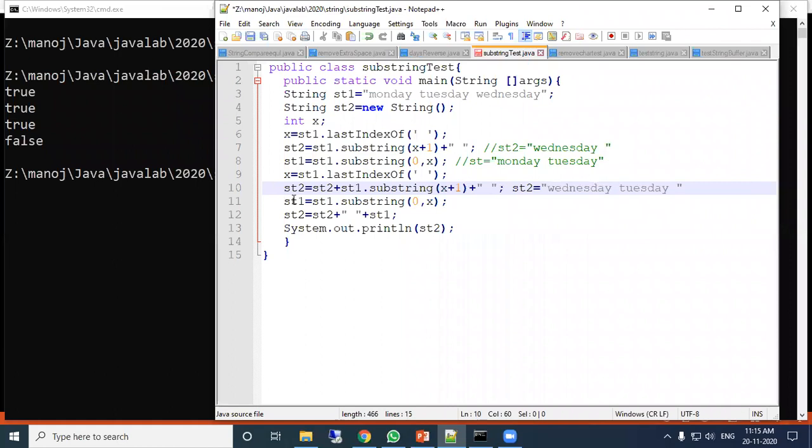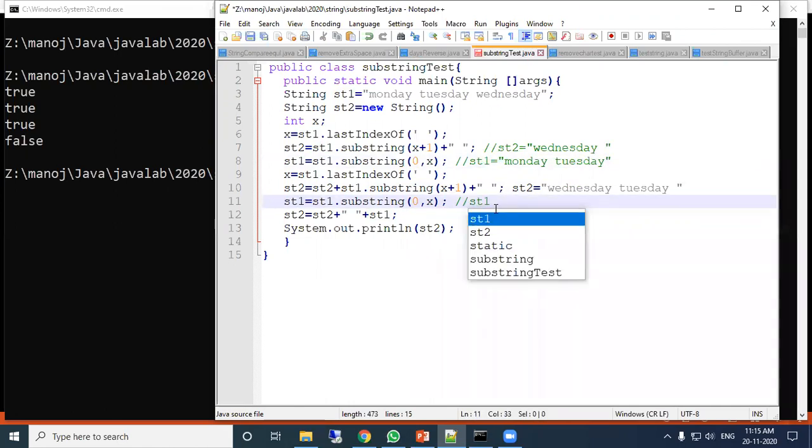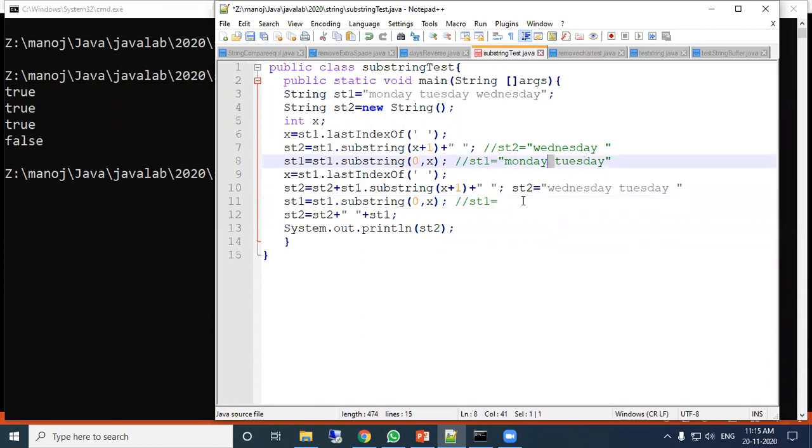Now ST1 equal to ST1 substring 0 comma x. So ST1 is now from the 0 position till x. Where is x? x has changed, so x is now representing this space. So now ST1 is Monday.